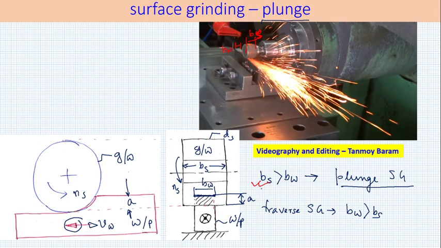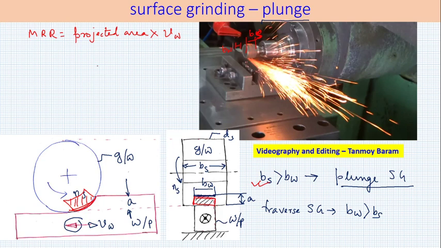Now we have already calculated material removal rate. Let me remind you once again. Material removal rate is the projected area into Vw. Which one is the projected area? This is one dimension, and you have the other dimension as well. If you project it, this becomes the projected area.